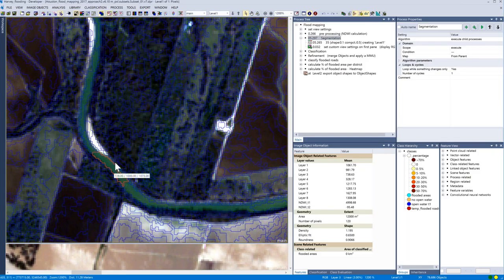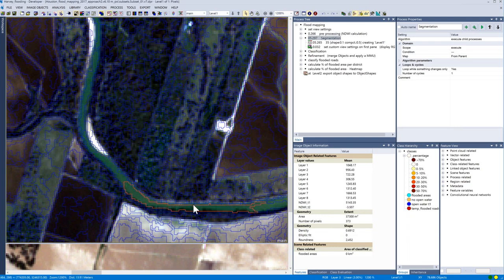And what's also interesting, here in the image object information window, now you have information about the spectral reflectance of each object, but also other features that Keith mentioned, such as geometry. So we have here the area of the object and also the shape.